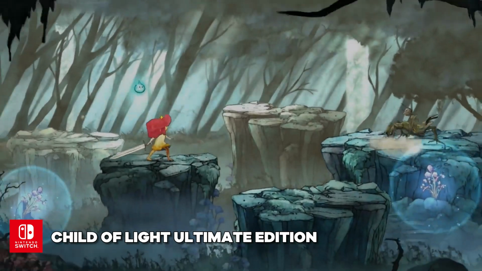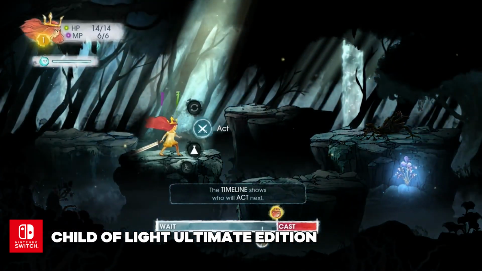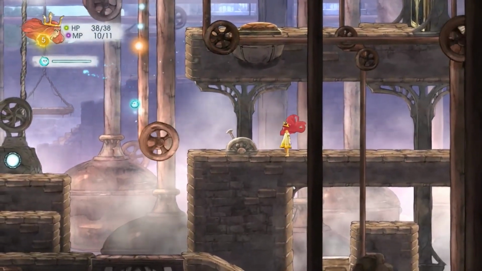In Child of Light, you step into a world that looks like a watercolor painting come to life. The story follows Aurora, a young Austrian duchess who falls into a deep sleep and wakes up in the magical kingdom of Lemuria. The world has been taken over by the Queen of Night, who stole the sun, moon, and